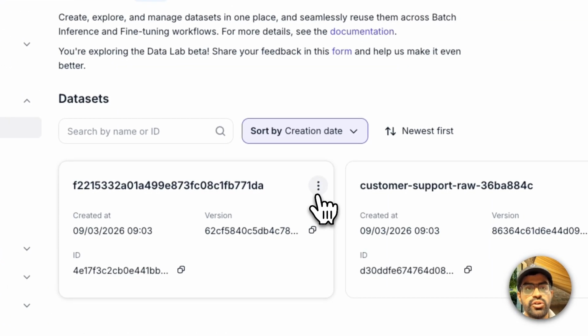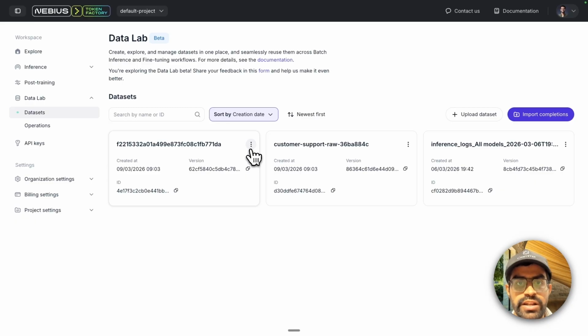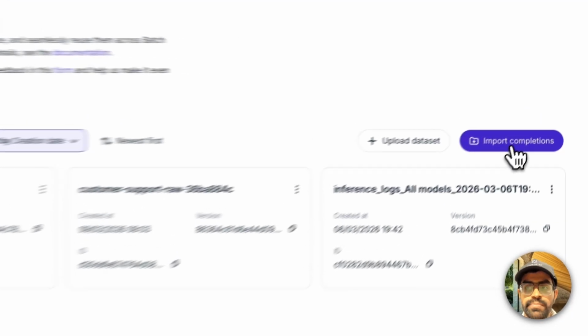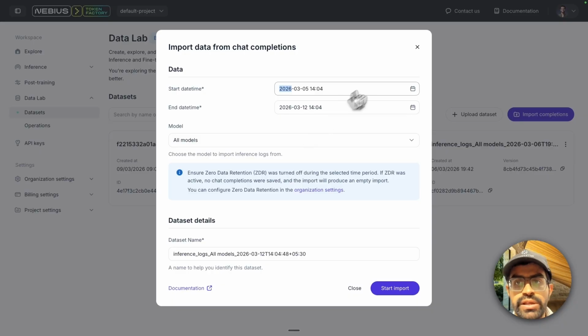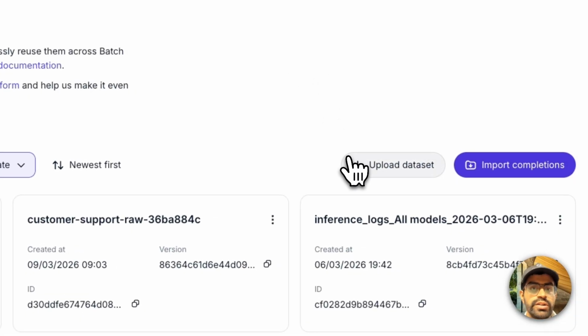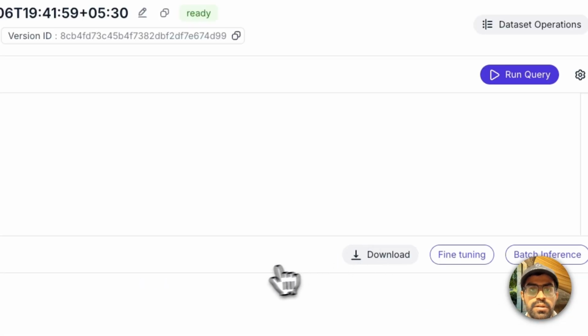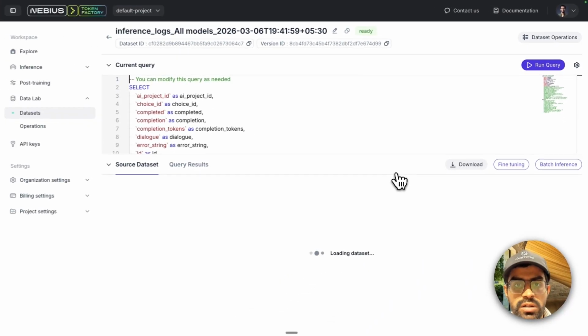So the Data Lab allows you to create, explore, and manage all of your datasets in one single place. So for example, if you were generating responses with the inference API and you want to use the outputs of those particular responses to fine-tune the model, you can just go ahead and import completions API. So this will import data from your chat completions, and it will be used as your input source for training or fine-tuning your model. So here's an example of the inference logs that I ran for about a month's time,